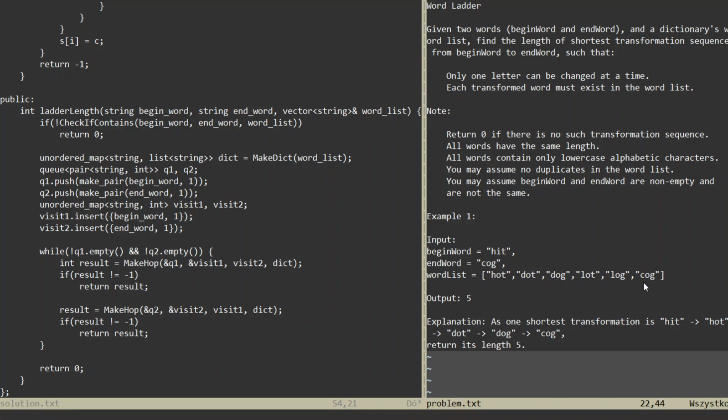And we can reach this word. And we also have to notice that this word isn't here, so we have to check if this word is in our word list. Okay, so